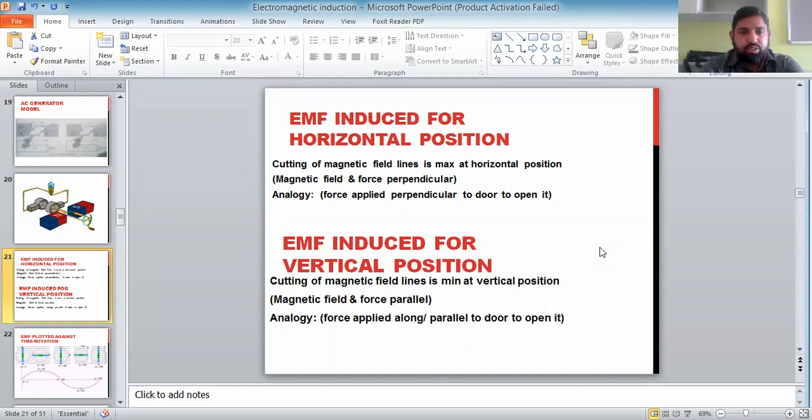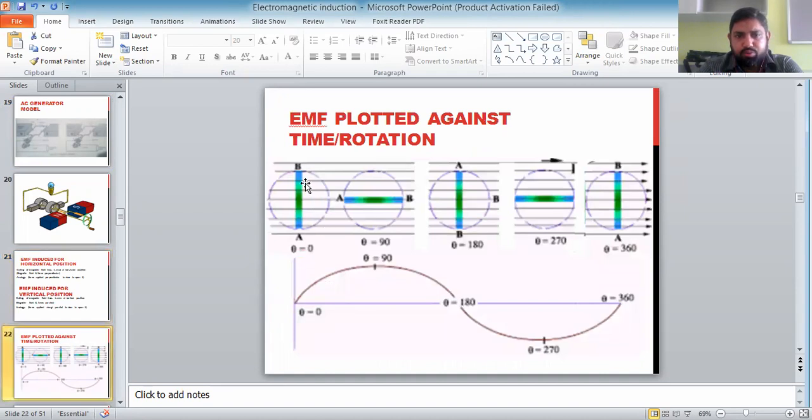And we have the perfect scenario when the coil is horizontal, then force and direction of magnetic field both are perpendicular to each other and current can be induced in a direction perpendicular to both of them. Okay, so I have drawn a graph here for the position of the coil and the EMF induced. If the position of the coil is vertical, EMF induced is zero. When a coil is horizontal, EMF induced is maximum. When coil is vertical, again it's zero. And when coil is 180-degree flipped, EMF is maximum, but in opposite direction.